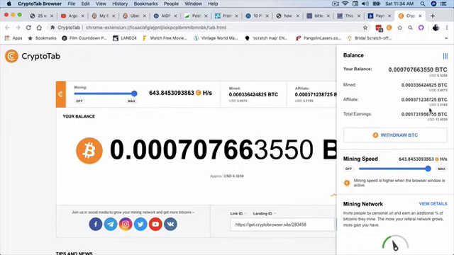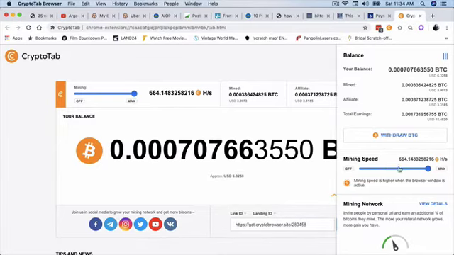Now you might think $15 is not a lot of money. I agree, it's not a massive amount of money, but hey, I've been using Firefox and Chrome and Safari and Internet Explorer for years. I've been online for 15 or 20 years. They've never, ever paid me 1 penny or 1 cent in all that time. So $15 is awesome in my books. I'll take $15 any day.